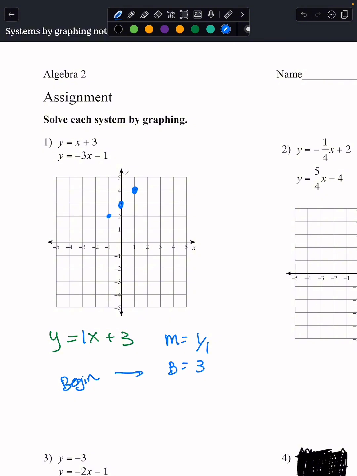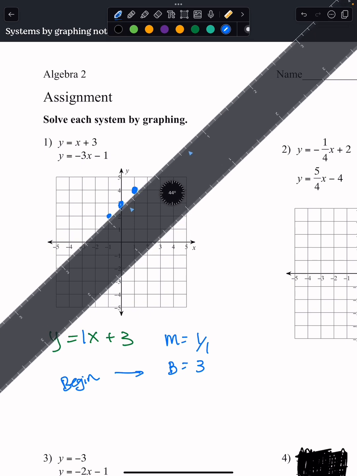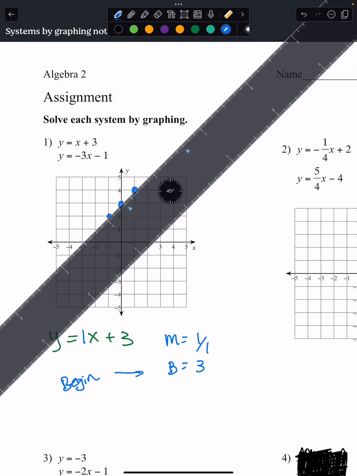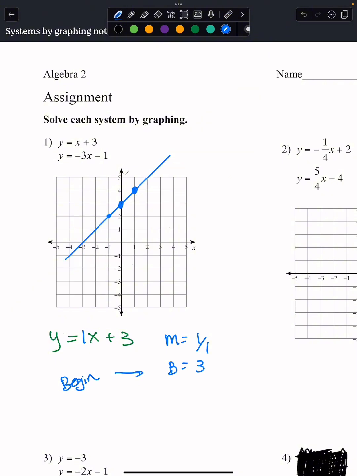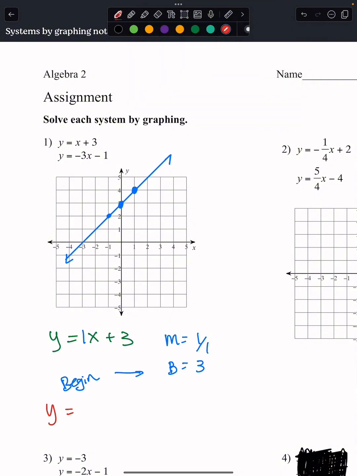And you can keep that pattern going. And then we're going to take our nice fancy ruler, which I'm still learning to use. Bam. And then we're going to draw a nice pretty line. Okay, there's that. And then the next equation, let's do this one in red. We've got y equals negative 3x minus 1. My slope is